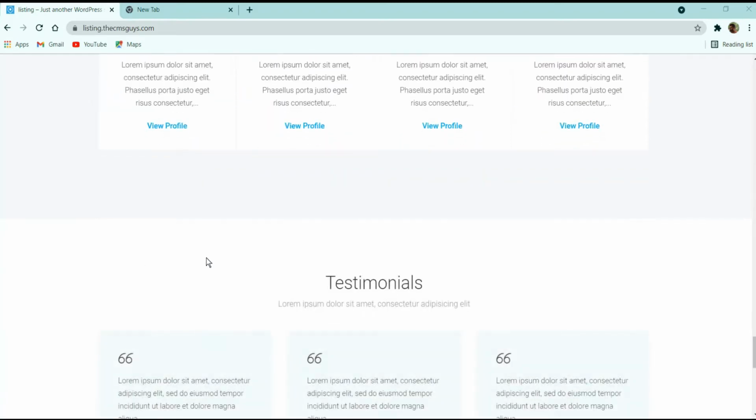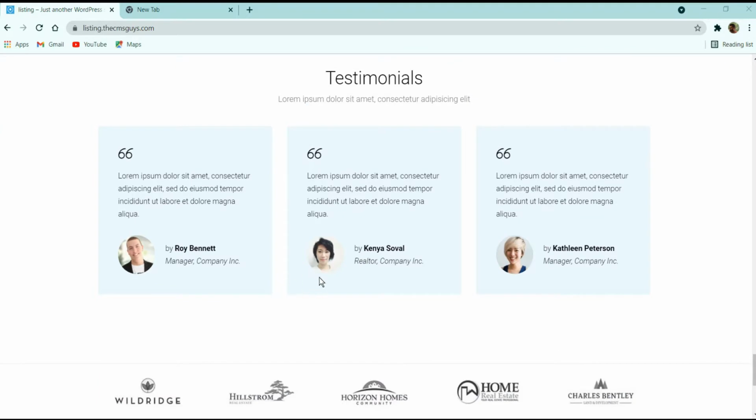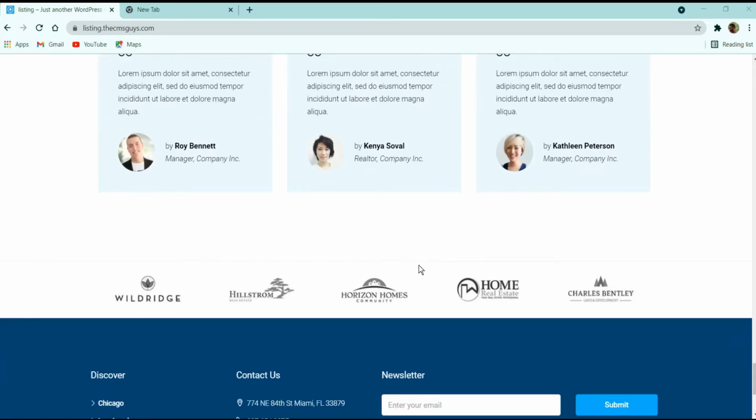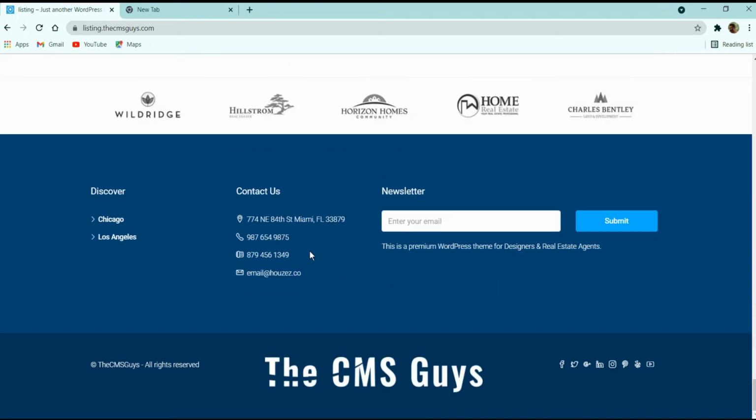Next we have this testimonial section. Here you will see 3 image boxes. Each has description, reviews and client image, name, company and designation. Following it we have this company logo section. Here we have the logo of different companies here, and then here you can see at the end of this